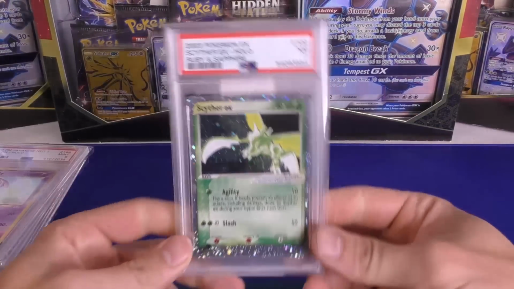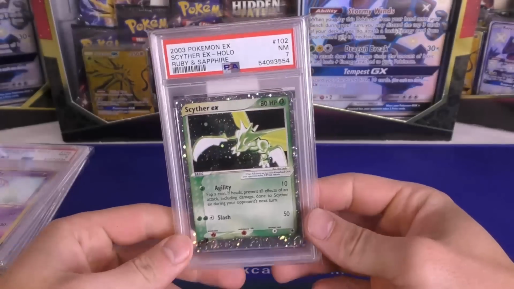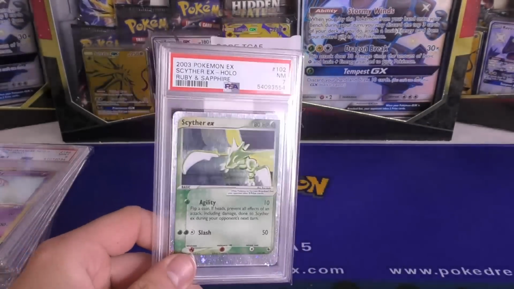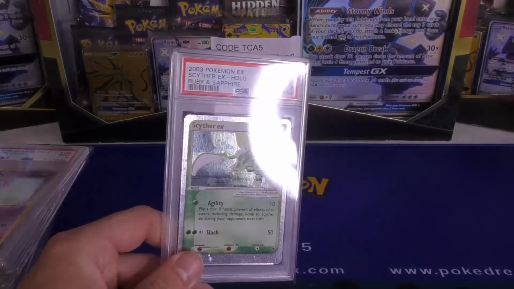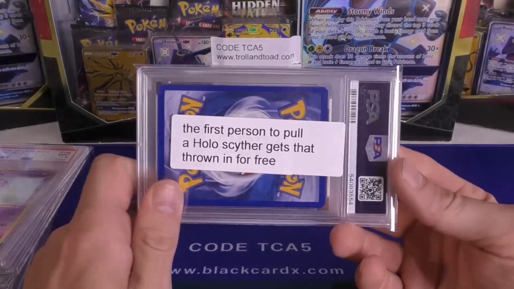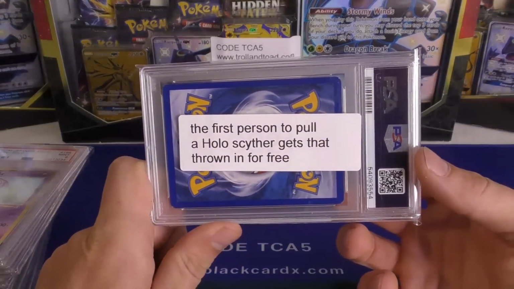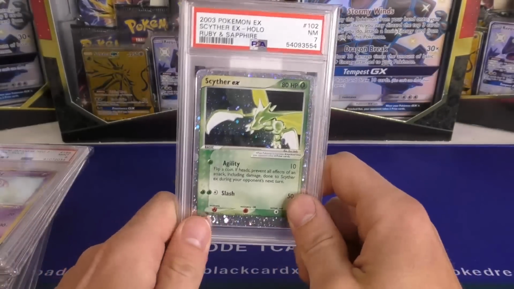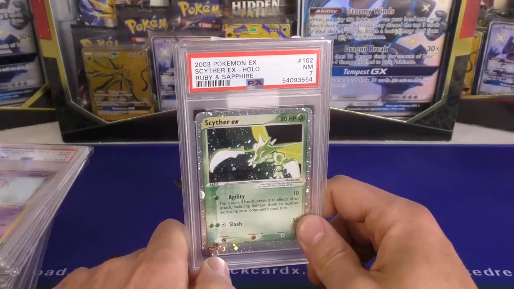So the first thing up we have right here is a Scyther EX. Now this was in on consignment. The guy didn't pay, he got relisted, and that guy didn't pay, I believe, again. So the guy reached out to me and was like, hey man, let's make it fun. And he said the first person to pull a holo Scyther gets this card thrown in for free. So he's donating it to all of you who have been...